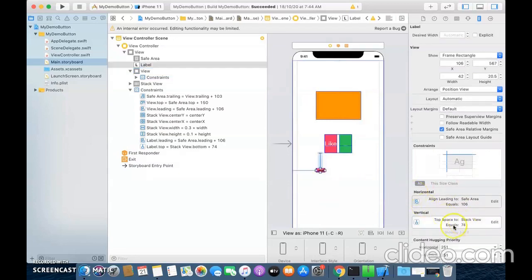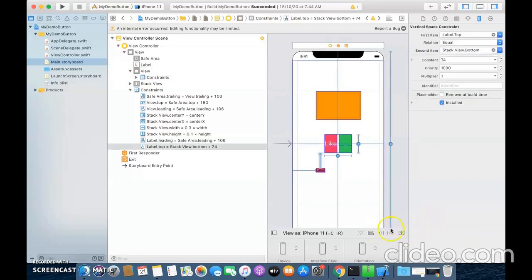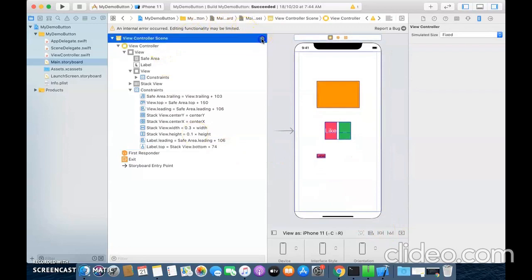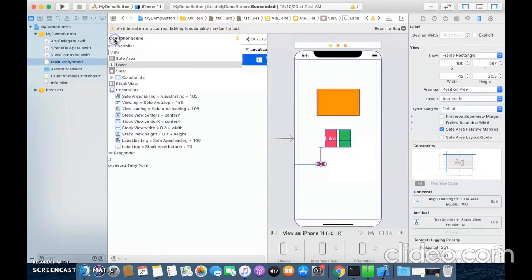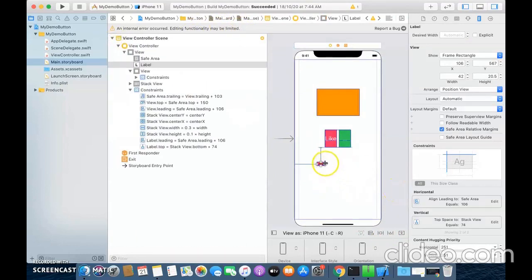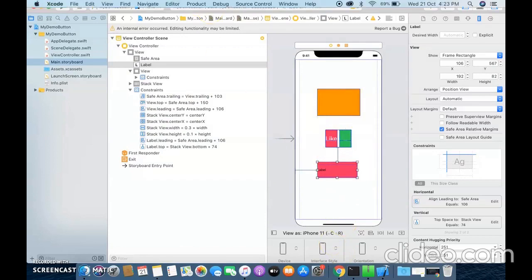Then it is taking a top from the stack view. That is also okay. Now I am getting a warning, and the warning is saying that the trailing constraint is missing, which may cause overlapping. So it is a warning but not an error.